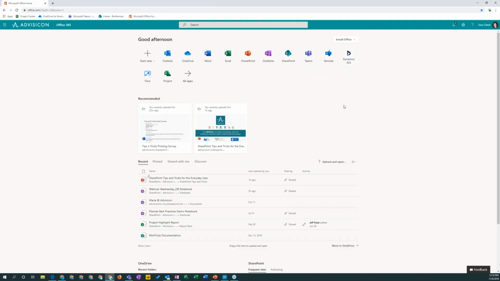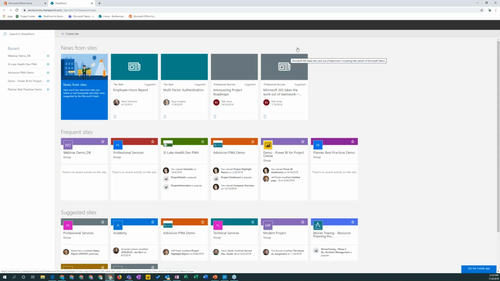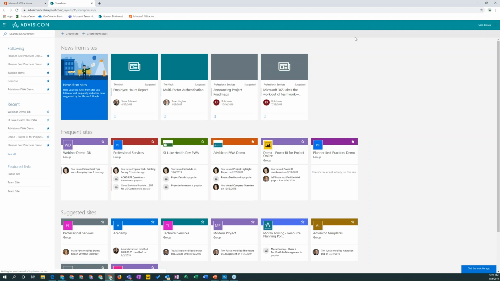Our demo user here, Sarah, is logged into her Office 365 account, and as we can see in the apps here, we can go straight to SharePoint. And you'll notice when we first come to the SharePoint site, the main page, we have the list of some basic news of things Sarah might be interested in based on her activity and sites she's a member of,